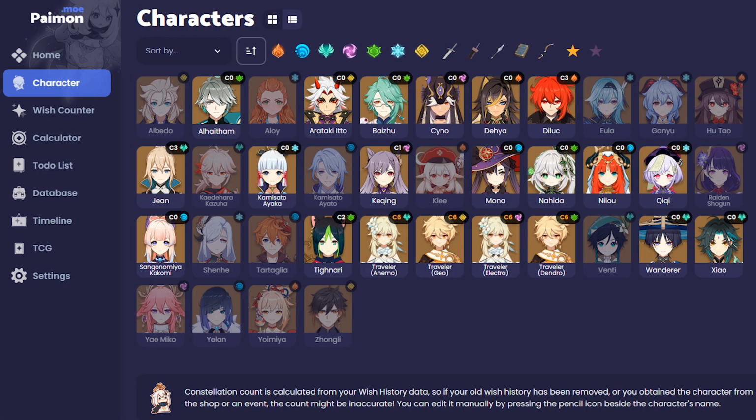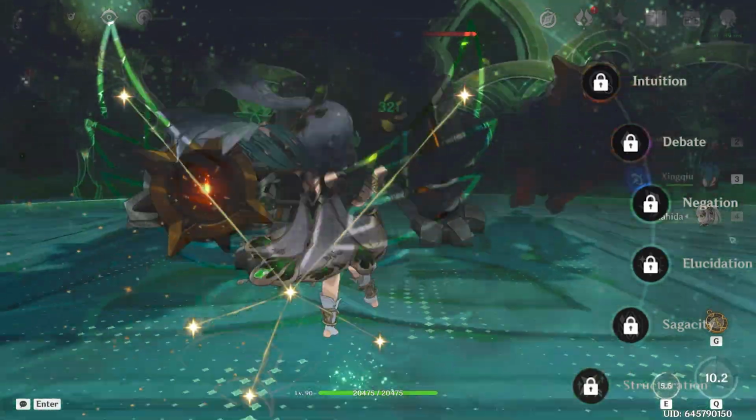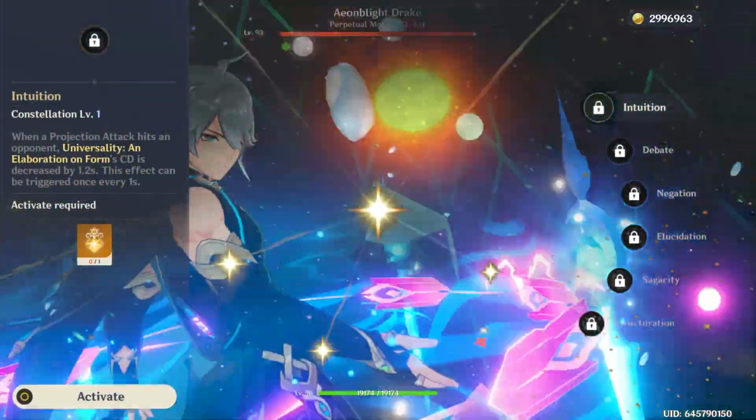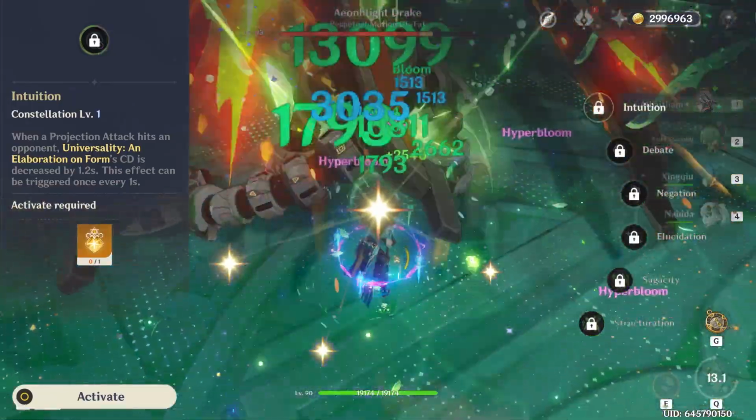Like most of my 5-star characters, he doesn't have any of his constellations unlocked, so I might not be the best person to explain them. However, in my opinion, all of his constellations are excellent. With his C1, once per second you can decrease his skill's cooldown by 1.2 seconds whenever a projection attack hits